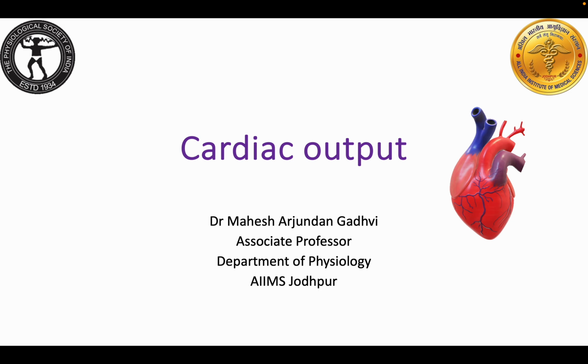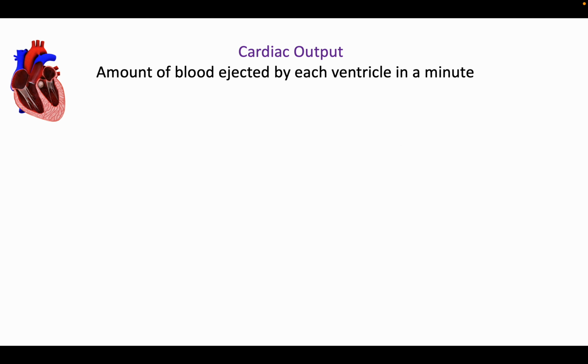If you want to define it, it is the amount of blood ejected by each ventricle in a minute. Normally the right and left ventricles eject more or less the same amount of blood. The same blood which goes from the right ventricle goes to the left ventricle, so the amount is more or less the same. So the amount of blood ejected by the heart in a minute